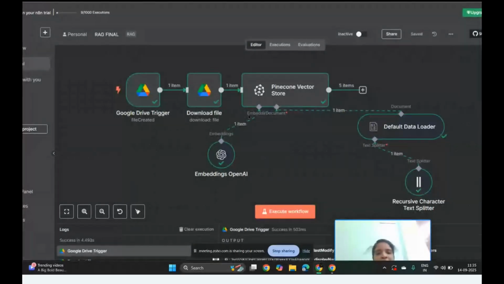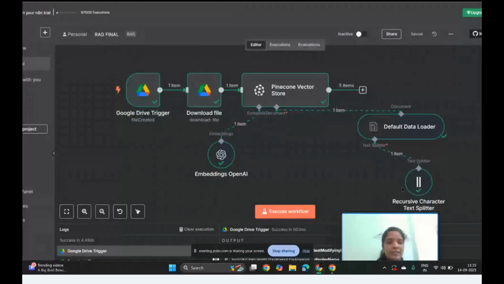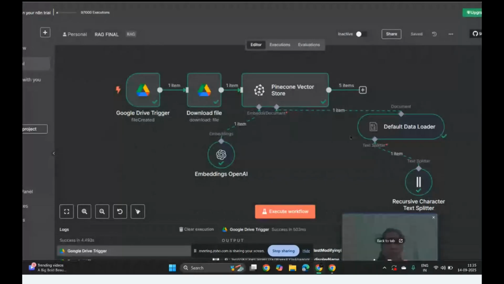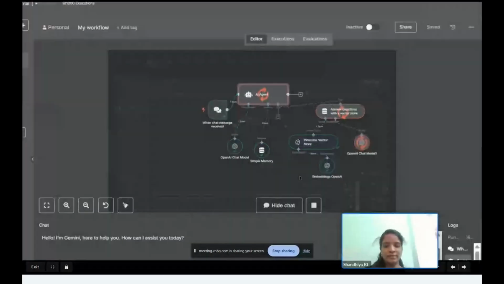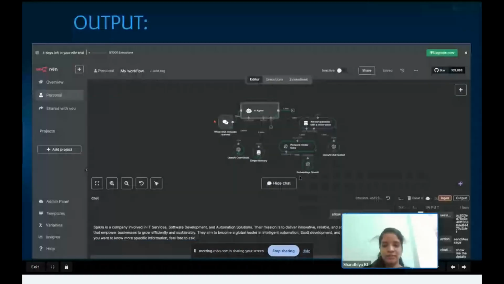You can also integrate embedding documents, with the OpenAI embedding and the default data loader for document names. Here you can use the recursive character text splitter. So finally, if you run this and ask a question